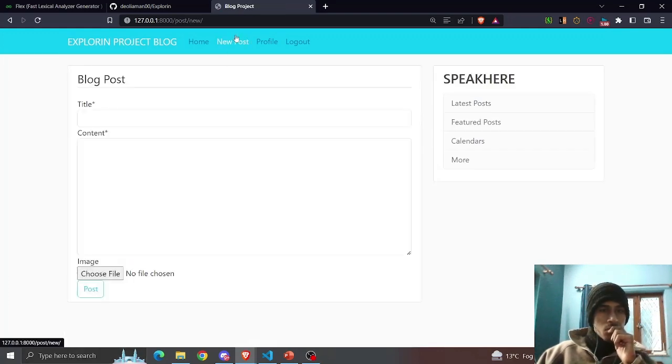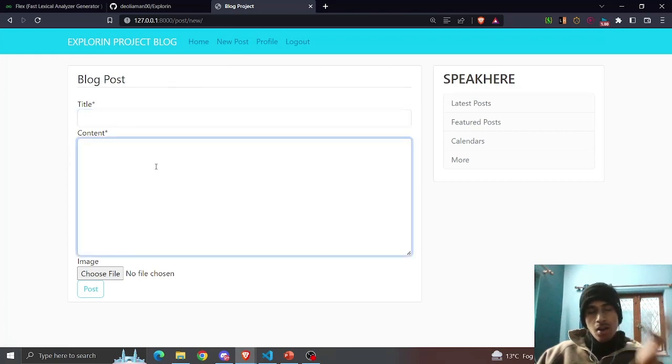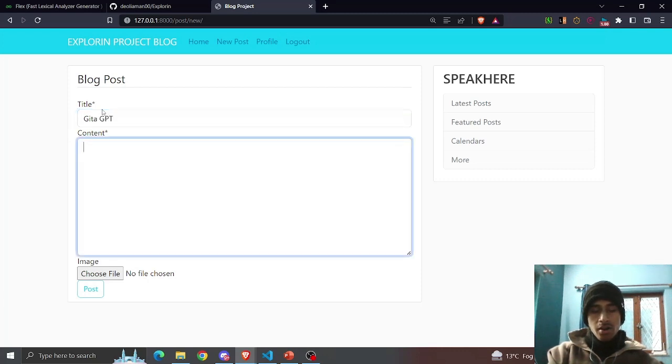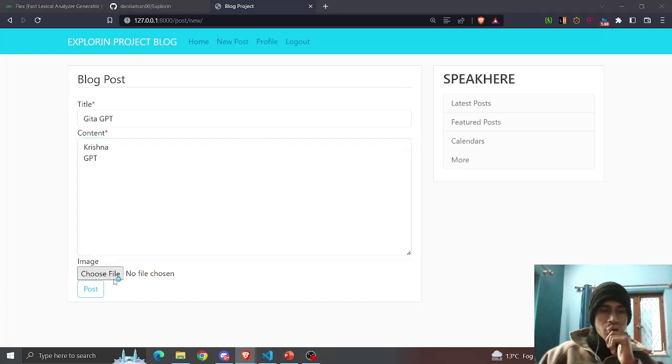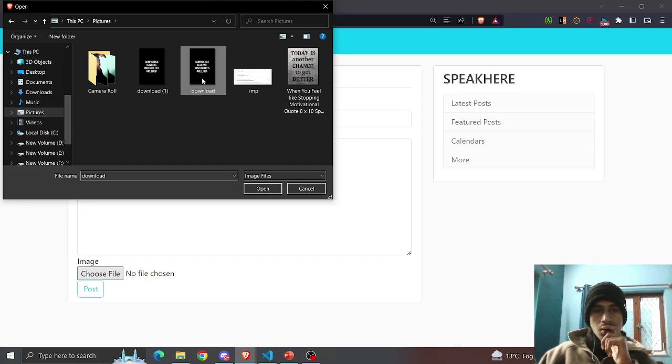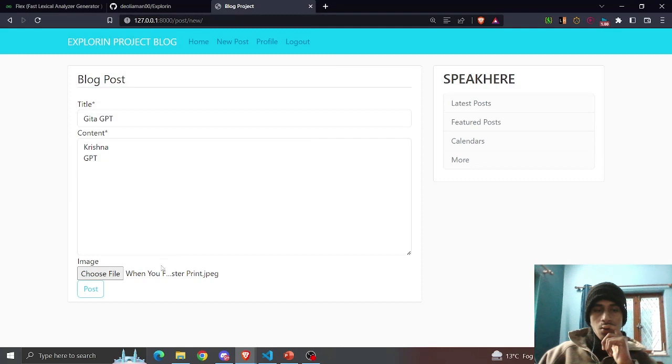So now moving to a new post, you can see you can put a title, put a content, and you can choose an image and post. Let's do it. ChatGPT is going good. Let's type Geeta GPT as the title, content, Krishna GPT, and for example I want to use an image, right? So let's use an image. Okay, cool. Let's use this image. So this image has been imported, right? And now clicking on post,